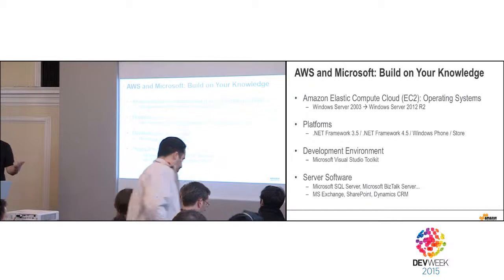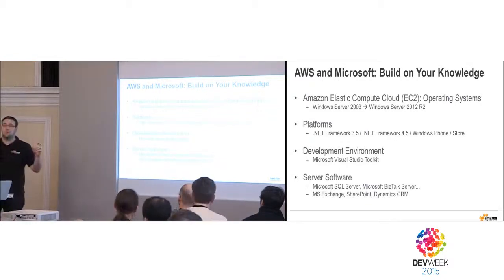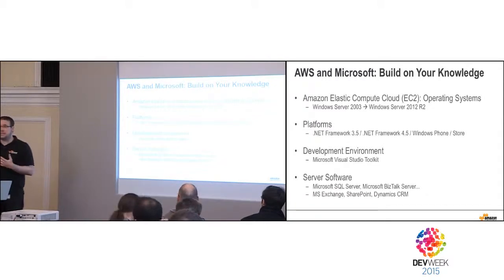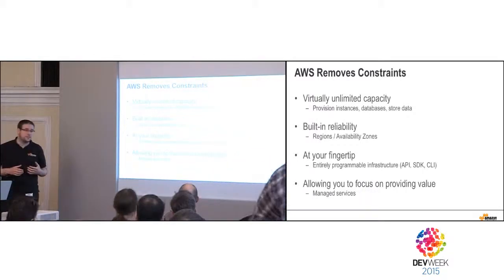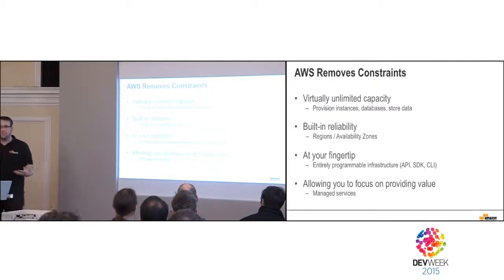And you can also use any server software you've been using. So whether it's SQL Server, or any of the enterprise applications from Microsoft, so say Exchange, Office, or Dynamics, SharePoint. Anything that can run on the server is something that you can deploy, license, and support on AWS. But AWS, as I said, is here to remove constraints. You have unlimited capacity. So we have 28 availability zones. Each availability zone is at least one data center. That's quite a bit of data center and compute power. And you have access to everything really easily.